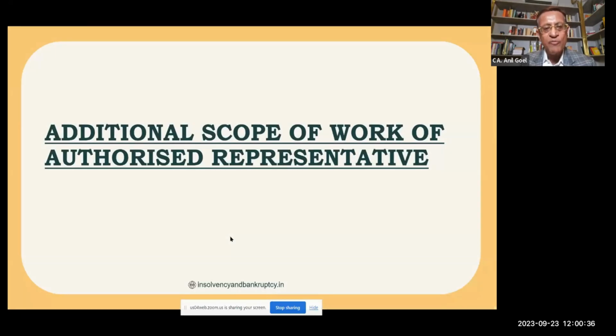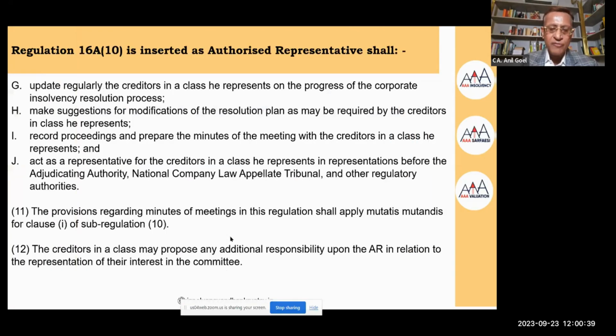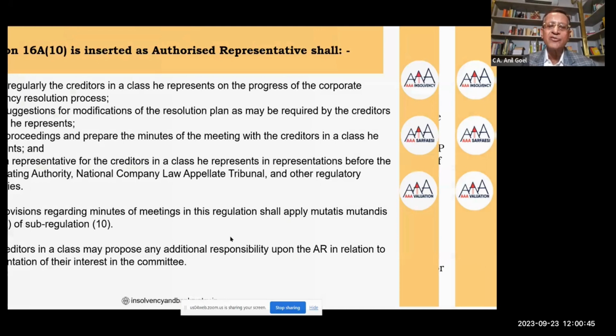And also the additional scope of work has been given. When we say additional scope of work, this is all about assisting the creditors in the class he represents in understanding the discussions and considerations of the committee meetings and facilitating informed decision making, reviewing the contents of minutes prepared by the RP and providing his comments to the RP, helping the creditors in a class he represents during the consultation made by the RP to prepare a strategy for marketing of the assets of the corporate debtor, working in collaboration with the creditors in a class he represents to enhance the marketability of the assets,